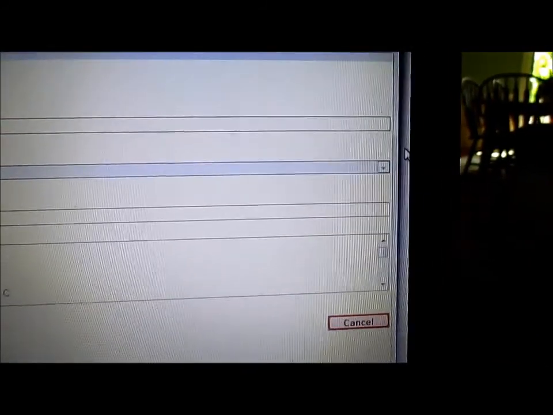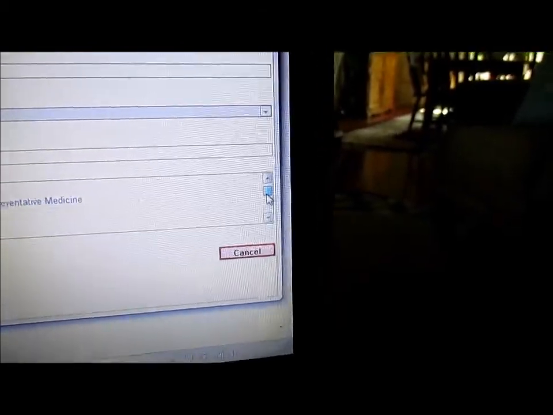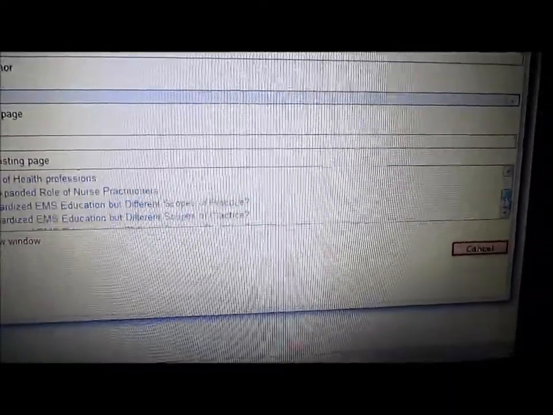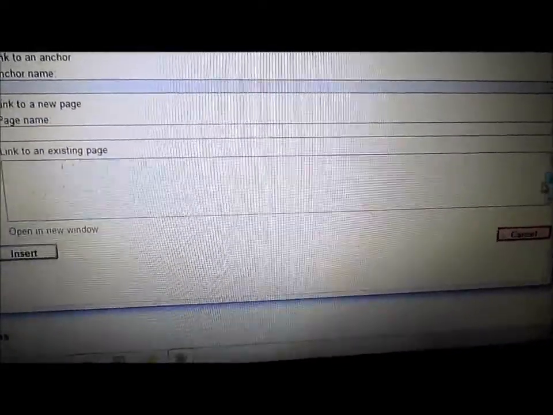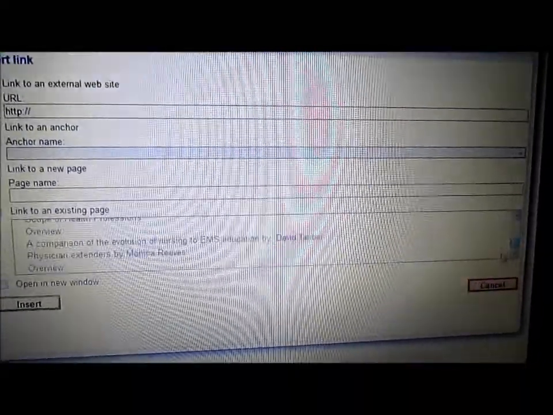And once we do, you'll notice over here on the right hand side we now have a scroll bar, or a scroll tool, that allows me to scroll down through all the names of all the pages that are available to us. So by using that scroll,